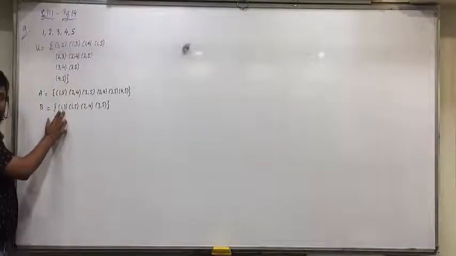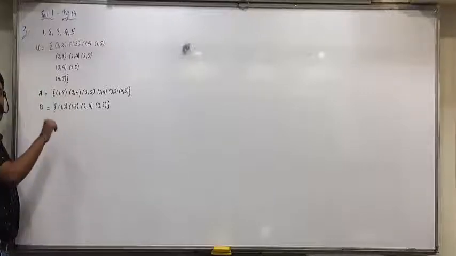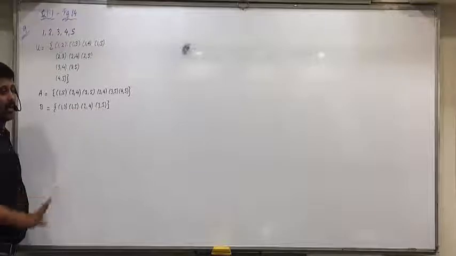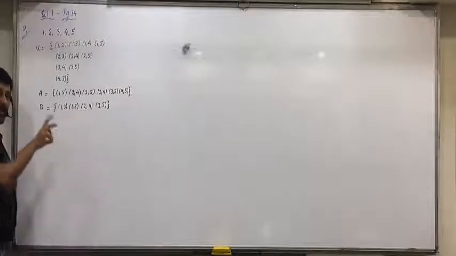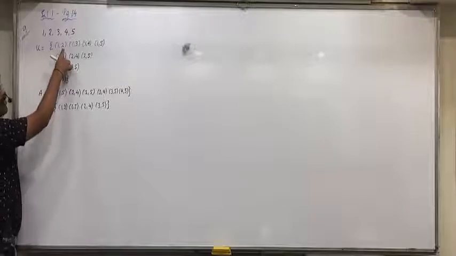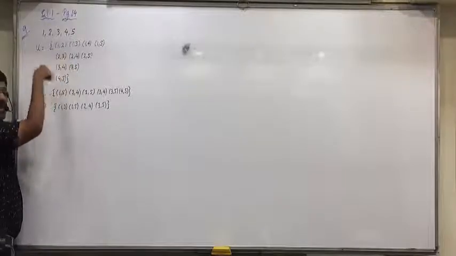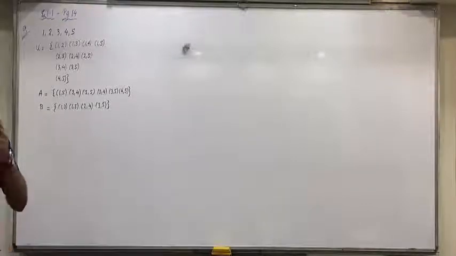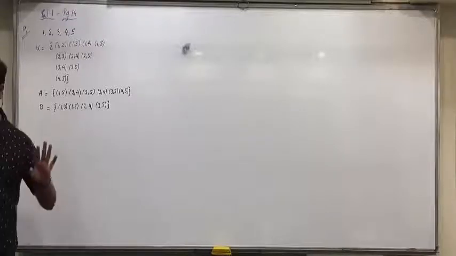Like 1 and 3 both are odd, and 1 plus 3, 4 is even. Even 1 plus 5 and 3 plus 5, both are odd. And 2 and 4 both are even. But if you see 1 odd and 1 even number, then the sum will always be odd. 1 plus 2, 3 is odd. So the sum will be even when either both the numbers are odd or both the numbers are even.